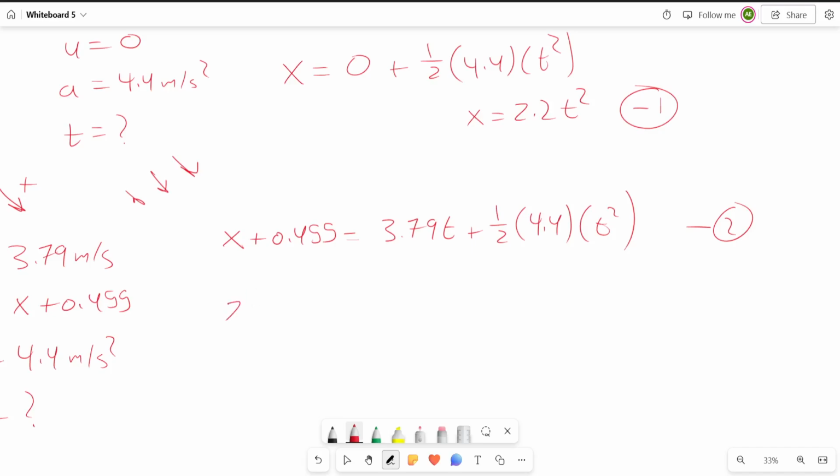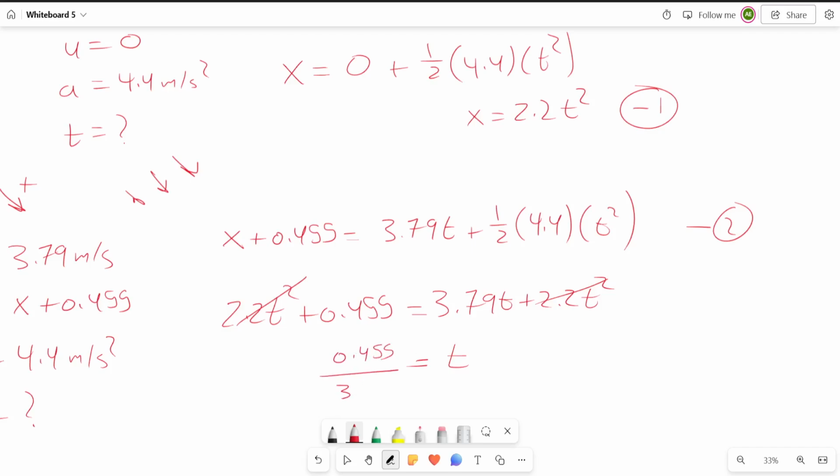So it's going to be 2.2 t squared plus 0.455 equals 3.79 t, and then half times 4.4 is basically 2.2 t squared. And now I have an equation with all t's where I can solve for t. I know that this is 2.2 t squared and this is 2.2 t squared. They can cancel, so now I know that my t is going to equal